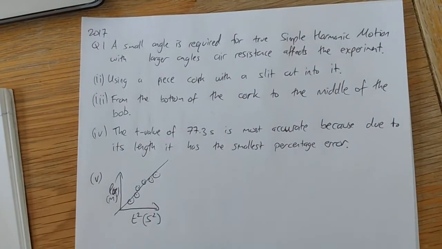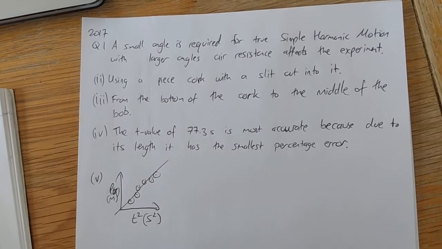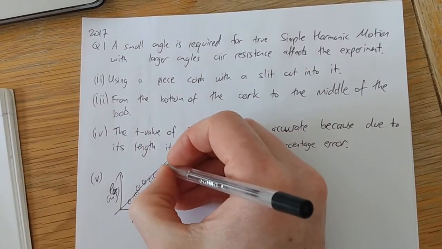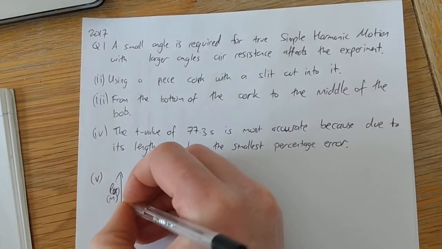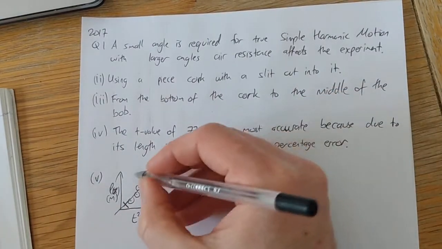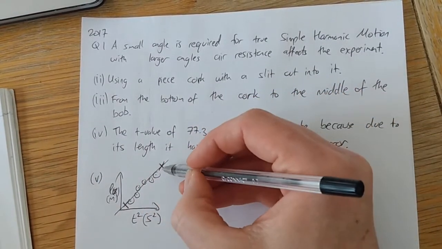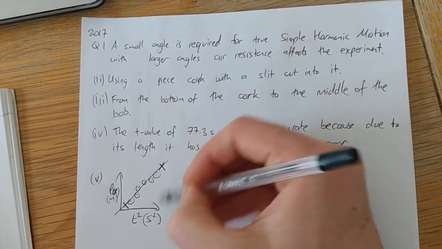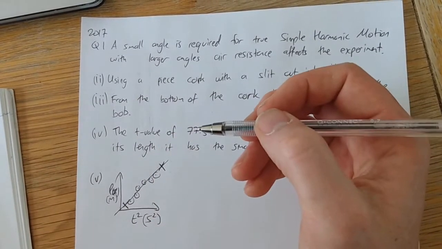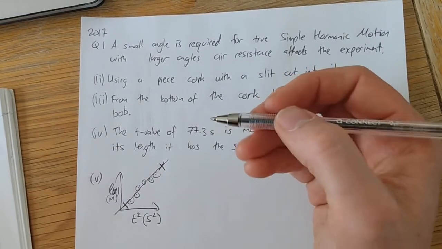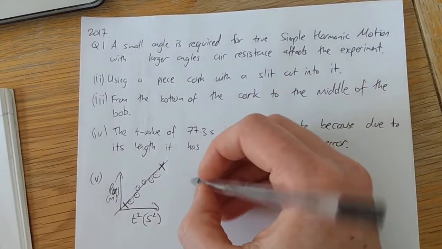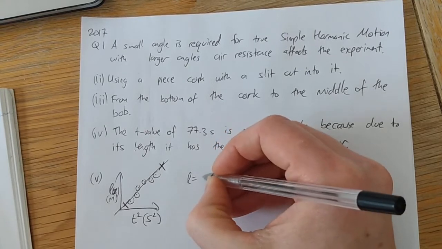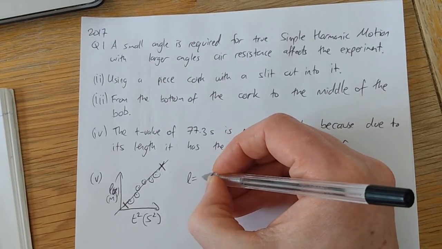Okay, using your graph to calculate the acceleration due to gravity. So you pick 2 points that are on your line, let's say there and there. Find the coordinates of those. You're trying to help yourself, so try to find points that are close or exactly on major markers on the line. And then the formula is L is equal to,